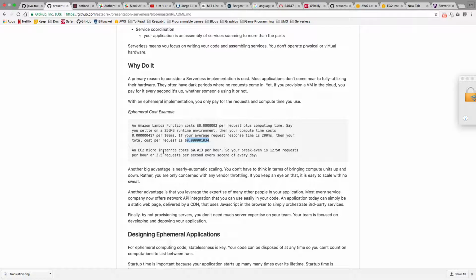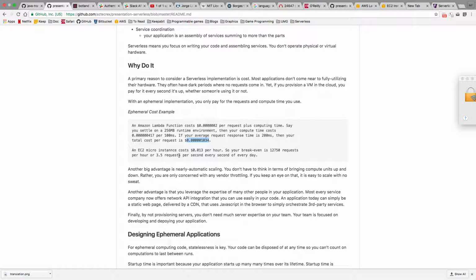So if you compare that to, let's say, the second smallest instance type at Amazon, which would cost you only 1.3 cents per hour, which you think is very small, that 1.3 cents per hour is the same cost as 12,750 requests against a Lambda function, with these calculations. That means to break even from a cost perspective, you would have to be having 3.5 requests per second against your server nonstop 24 hours a day to make it worth it to pay that price for that server.